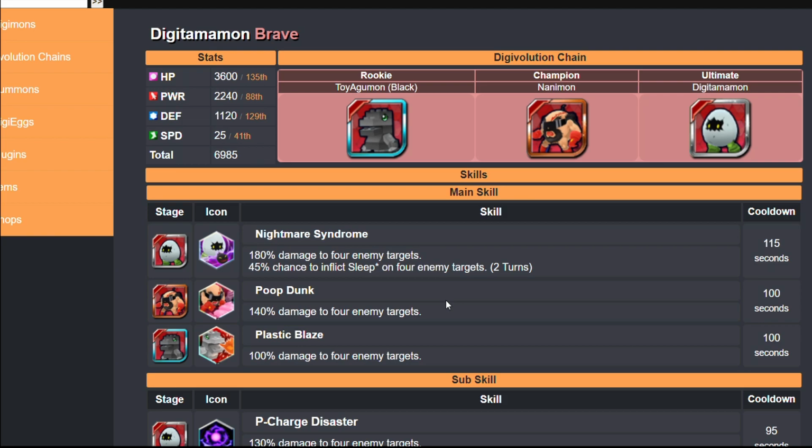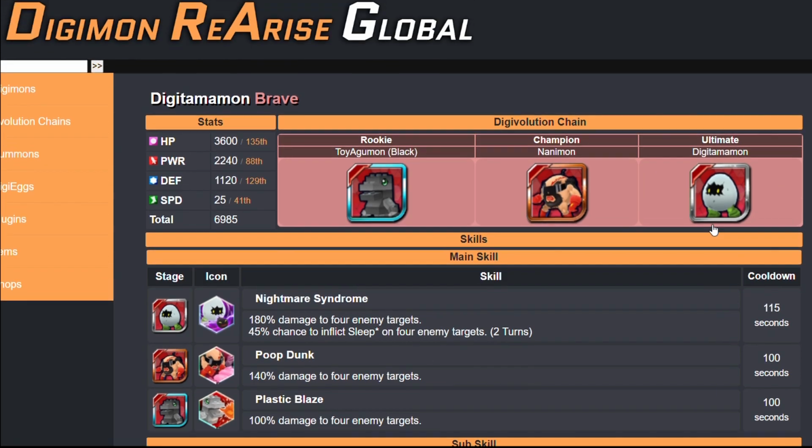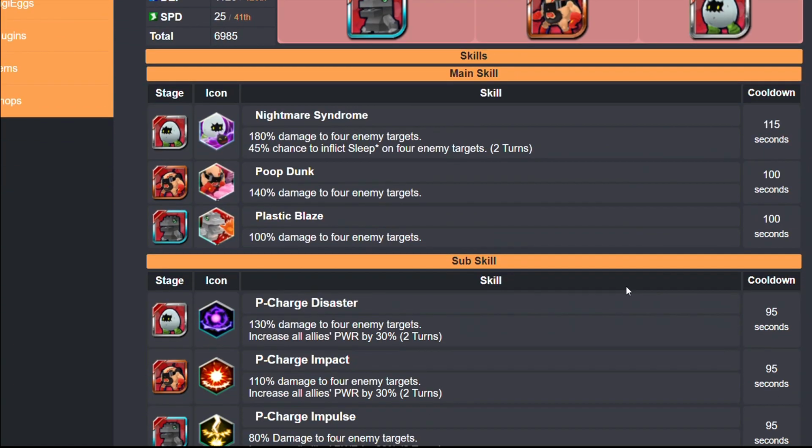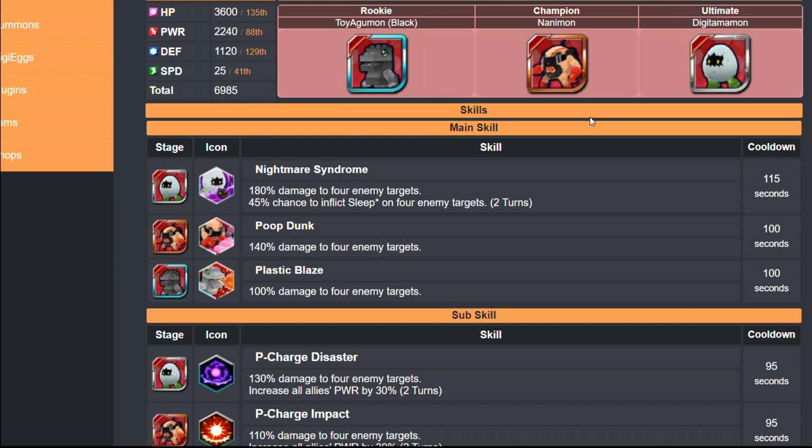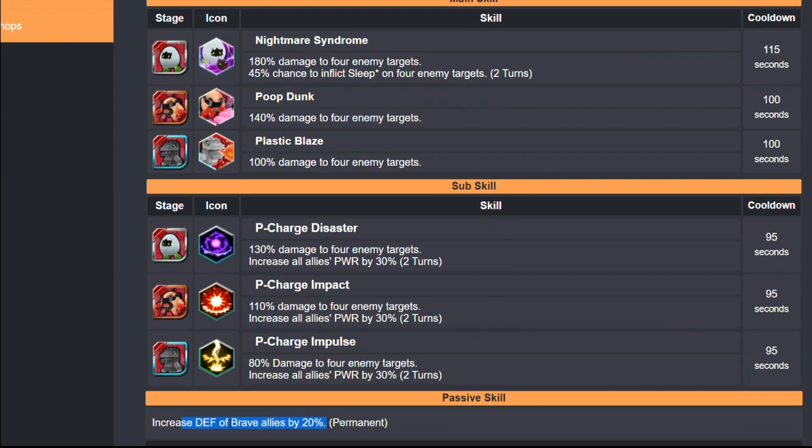For example, this one, the Egg Digimon. He increases the defense of all Brave allies by 20%. So let's say you use this during Brave Week. It would be good because you're getting the 30% boost. So it increases his survivability, and on top of that, it's giving all your Brave allies 20%. So if you use a full Brave team or mostly Brave team, you have 50% defense increase basically during